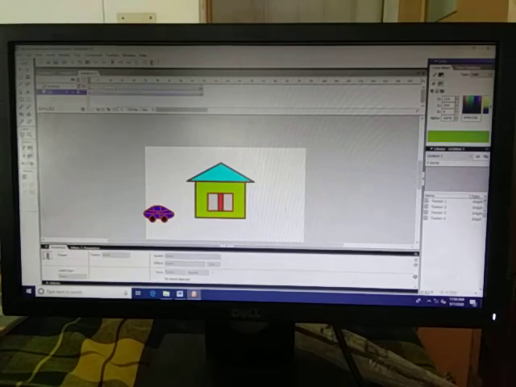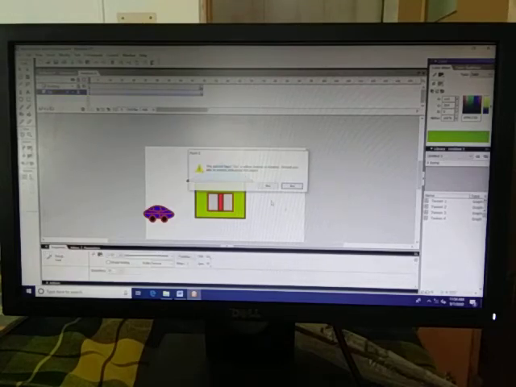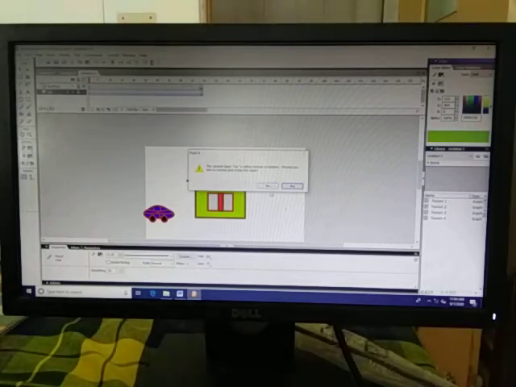When you click over here, now your building and this one, both are locked. When you try to draw something, it does not allow you to draw here. See, it says the current layer car is either locked or hidden. Would you like to unlock? If you want to unlock, then you have to click yes.